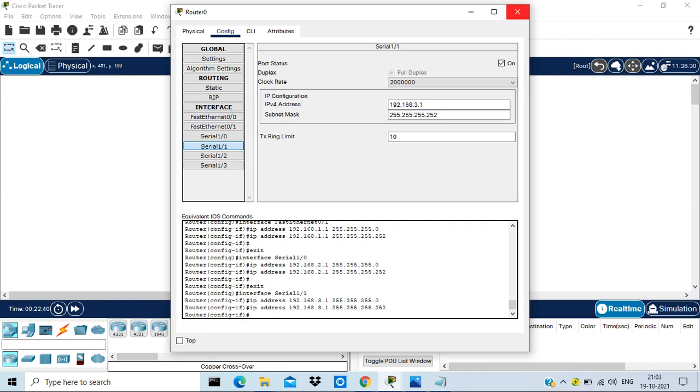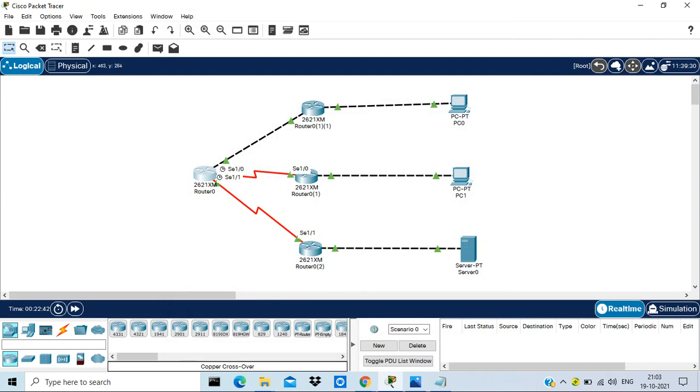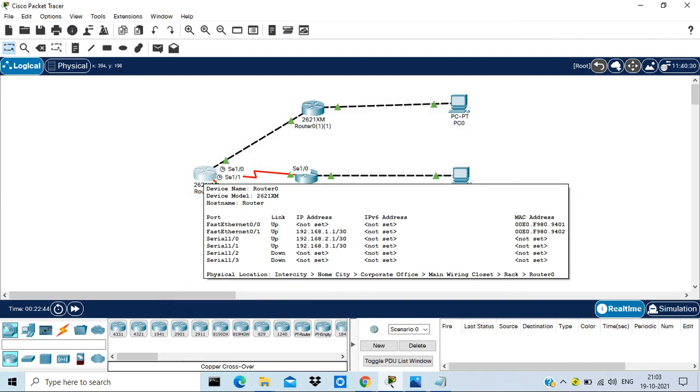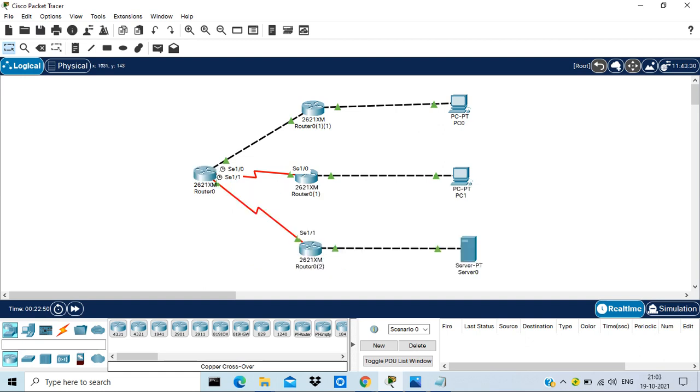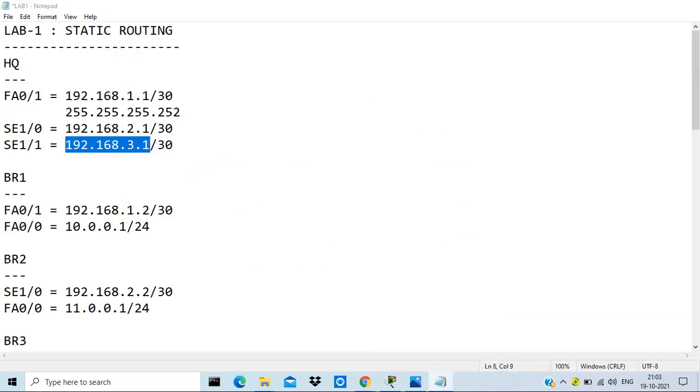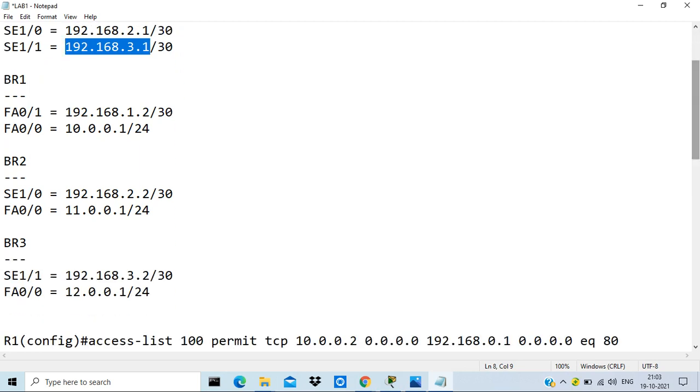So we have configured three of the interfaces in the head office router. This is 1.1, this is 2.1, this is 3.1. Can you see this? Yes. So similarly, I will configure branch 1. For branch 1, FA 0/1 is having 1.2.